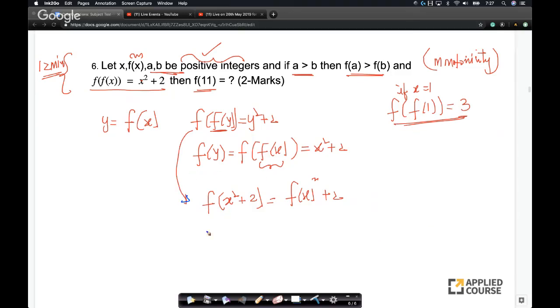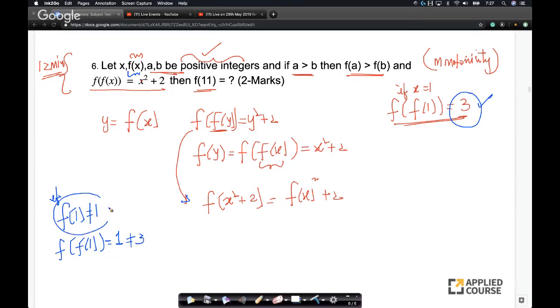Very good. Now let's take cases. Let's assume f of 1 equals 1, because look at this, it's a function from positive integers to positive integers. If f of 1 equals 1, what happens then? Then obviously f of f of 1 equals f of 1 equals 1. So this will be equal to 1, which is not true, because given this formula, f of 1 is actually 3. So this cannot be equal to 1.